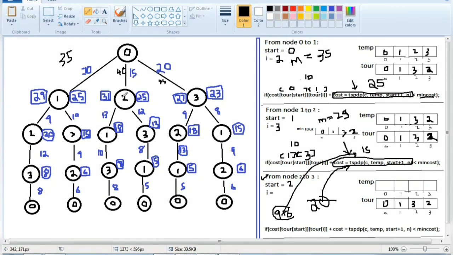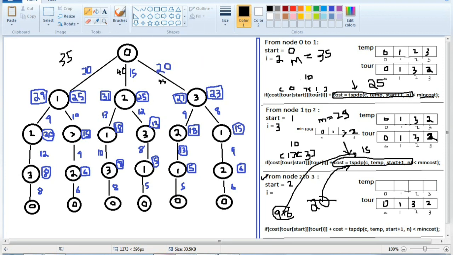Same thing we will do as when I was 1. What we got here, 25, we added with 10 and compared with the minimum cost. It was less than 999, so we make it 35. Next we will do the same thing. We will get here the minimum cost 25. 25 plus 15 is 40. We will compare with 35. Is it less or greater? If it's greater, we should ignore it. Okay, same thing for here also. We'll get 43. It's greater than minimum cost, so we'll ignore that, and therefore the minimum cost will be 35 only, which will return to the main function.